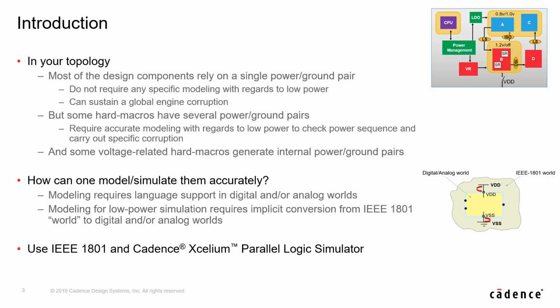If you look at the slide on the topology on the right-hand side, you see a design with some blocks, with some CPU, with some cells, with some power domains, everything that your power management unit will add atop of your RTL. Usually, what you want to verify in low power simulation is power shutoff. That means that at some point in time, you're going to shut off domains, and you expect a simulator to handle the corruption that you will get out at some point in time, and it will enable you to verify that your whole scheme is working perfectly, that you have isolated things correctly, or that your reset sequence is working.